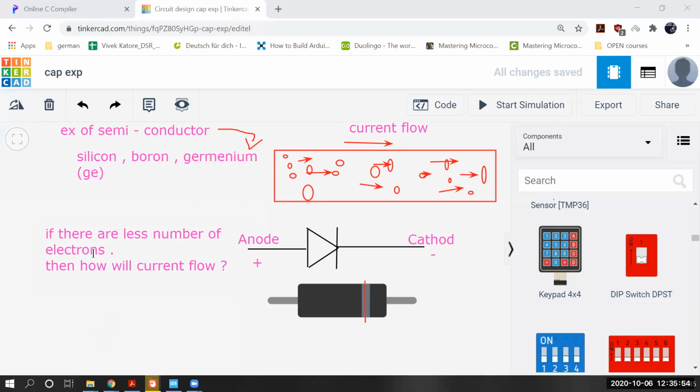Or how much current will flow? Good answer. Someone is saying it will be slow, or a very small amount of current will flow, because if we don't have enough electrons, it won't carry current properly. It will carry, but not to a great extent.